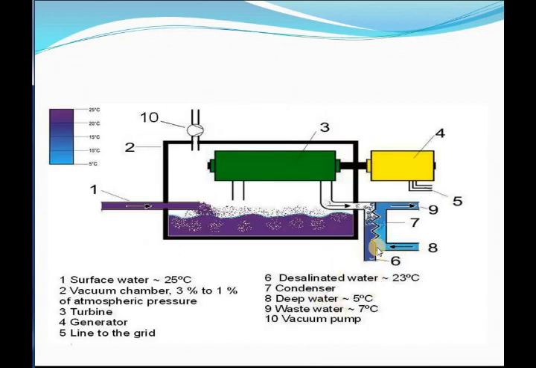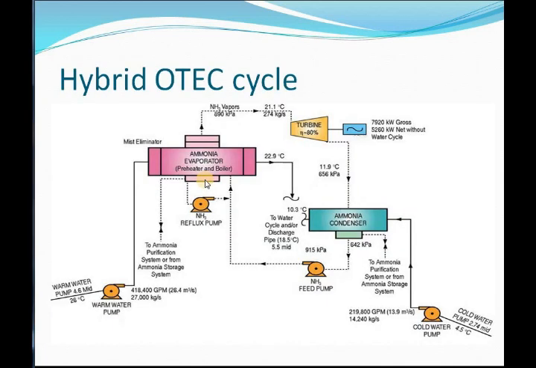Okay, so if the condensation is taking place when the spray method is used, when both the water and the steam are mixed, it will go back to the ocean, whereas when you use the other method where it is just desalinized, the fresh water can be utilized for other freshwater utilization purposes. So next you will have the hybrid OTEC cycle,